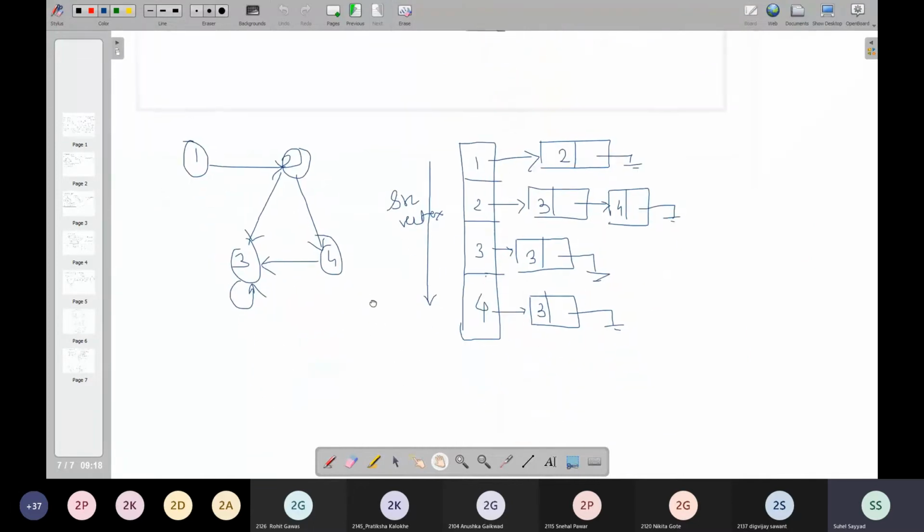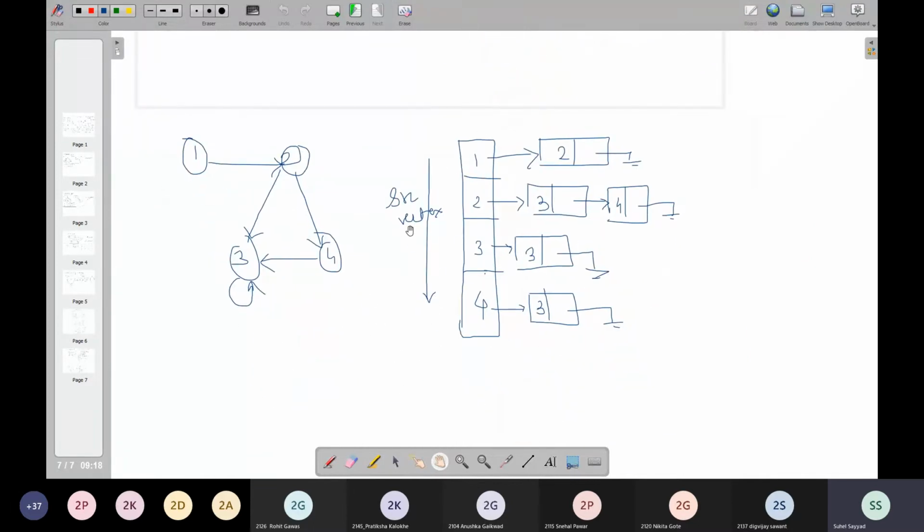Now when it comes to a directed graph, these linked lists consider that these vertices are the starting vertex for the respective edges, right? So in the linked list for 1, I will be adding only those nodes for edges in which 1 is acting as the source vertex. If you see in this diagram, for edge 1 2, 1 is the source vertex, so I'll be adding 2 in the linked list of 1. But I will not be adding 1 in the linked list of 2 because I don't have an edge 2 1. This edge is 1 2, so I will not add 1 here in the linked list of 2.